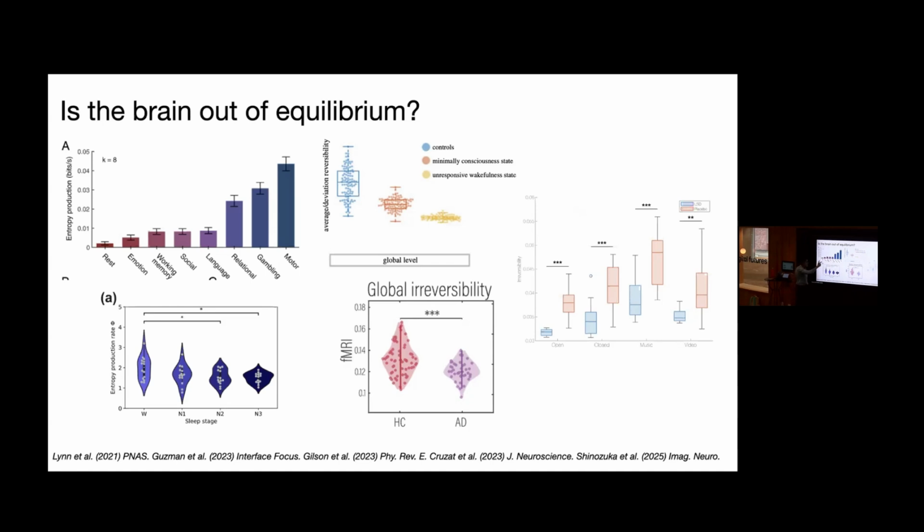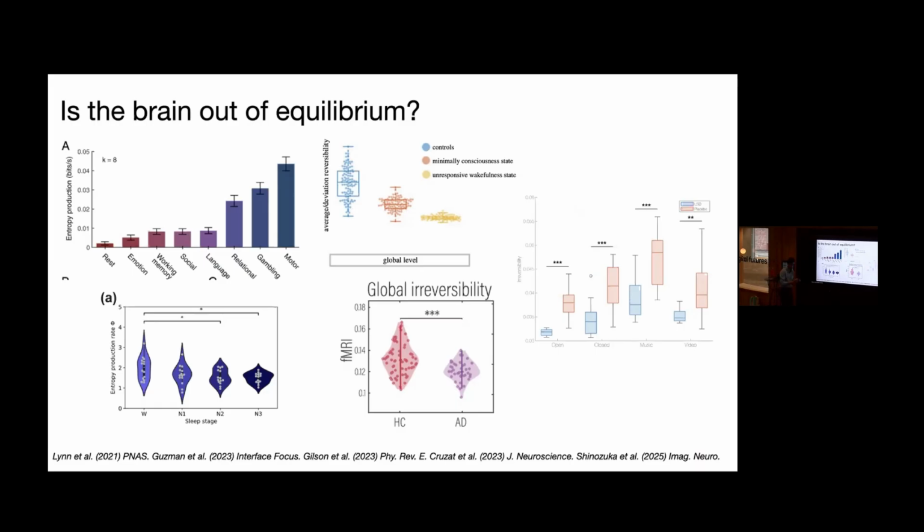They also looked at the level of cognitive exertion. So if you look at working memory in the fMRI, you have tasks with different levels of difficulty. And they found that more difficult tasks had higher entropy production than easier tasks. So given this finding, lots of people tried different data sets. For example, there's this paper that shows that it decreases if people go to sleep. It decreases if you have Alzheimer's disease. It decreases if you suffer from disorders of consciousness. So if you're in a minimally conscious state or an unresponsive wakefulness state, it decreases significantly. And it decreases if you take LSD. So those are just some examples of how this quantity varies between conditions.